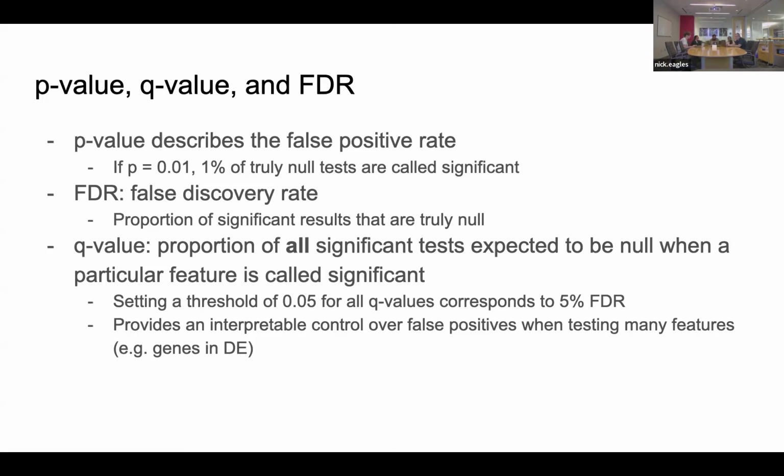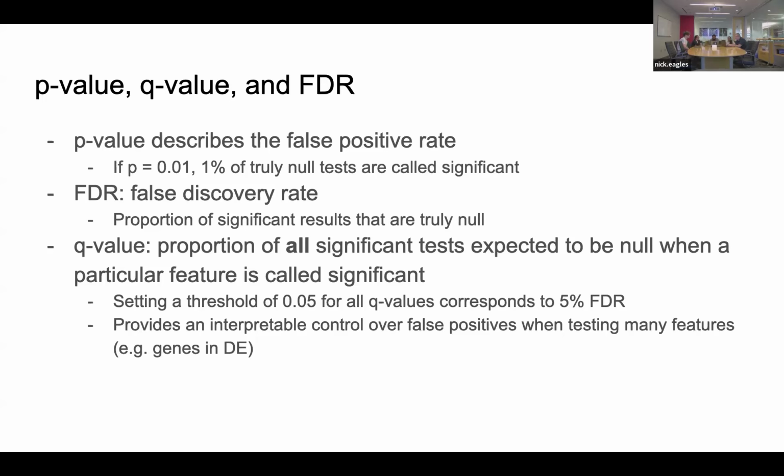So the Q value is related. And the exact definition for a particular feature may be a little counterintuitive. For a particular feature, it's the proportion of all significant tests expected to be null when you call that feature significant. So it's really making a statement about all the tests you're doing. So if you're testing differential expression for multiple genes, it's talking about that proportion over the entire set of tests. So while the definition for a particular feature might be slightly counterintuitive,